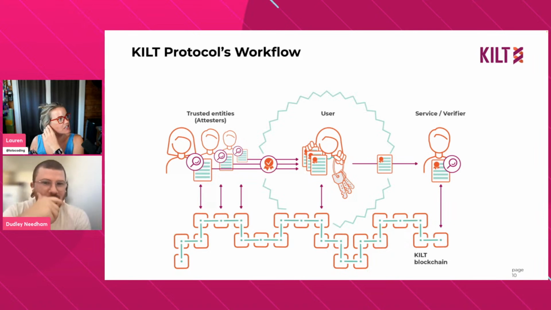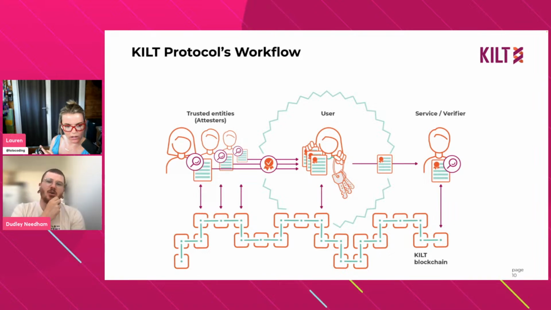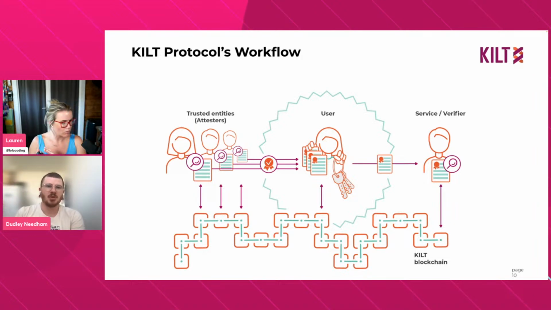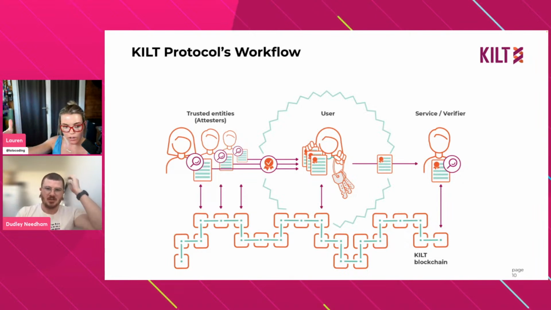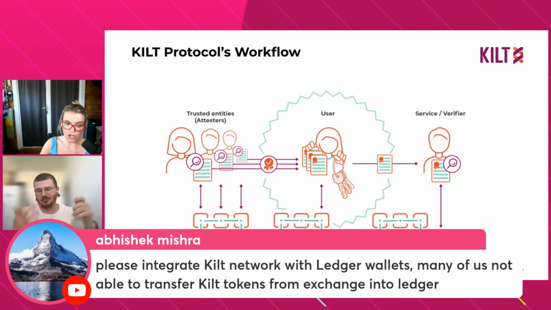Do I have to go each time I want to show it to a service, or do I have that just in my wallet to show? I have to go each time to an attester? I mean, you should go once, depending on what you're attesting. For example, over 18, you would go to an authority figure and do it once. Have that, and then I can have it forever, right? Like that, we're good. And then if I want one that shows my email,